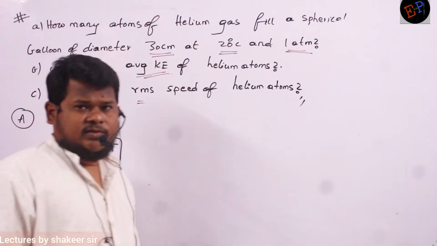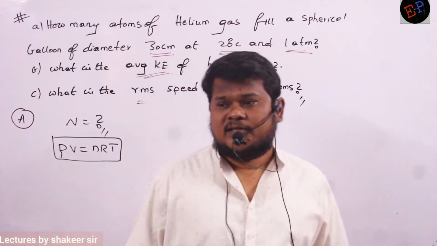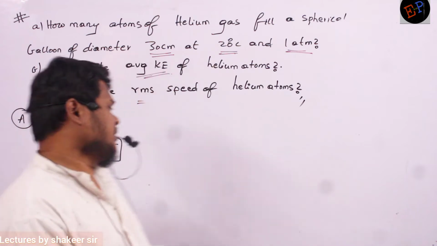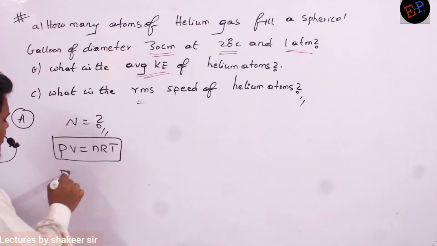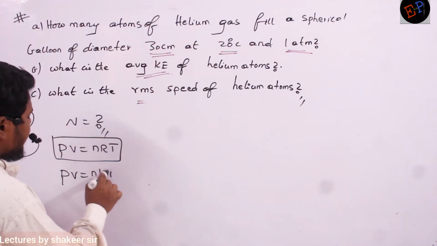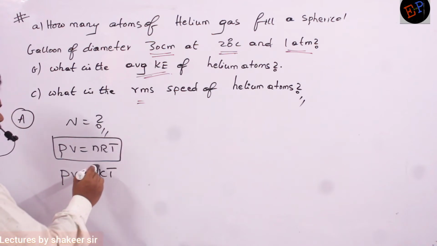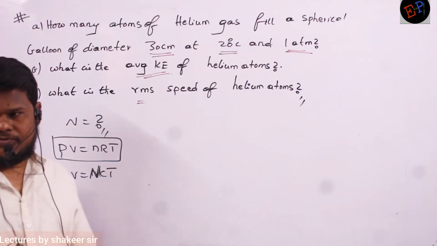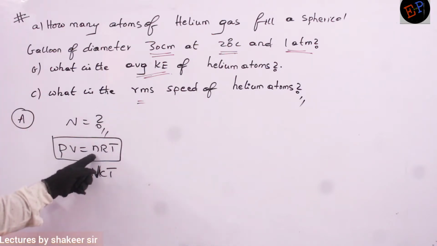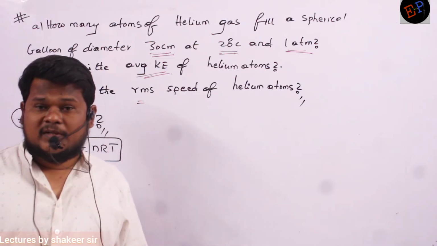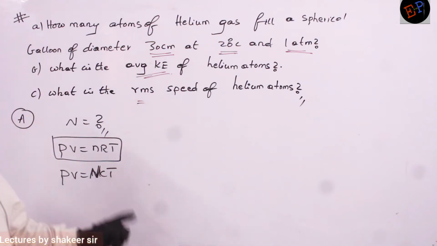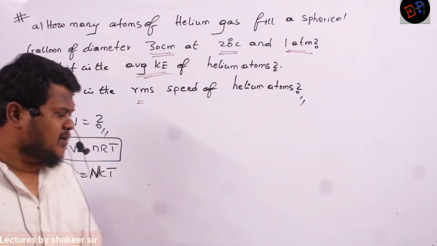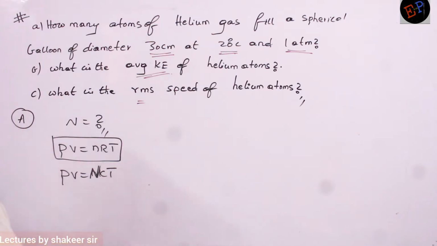So already I told you another form of the ideal gas equation. What is that? PV is equal to NkT. That equation also we have, where capital N is nothing but the number of molecules. The nRT equation is in terms of the number of moles, but NkT is the equation in terms of the number of molecules. Why don't you use this relation directly? Clear. So substitute. Pressure is how much?